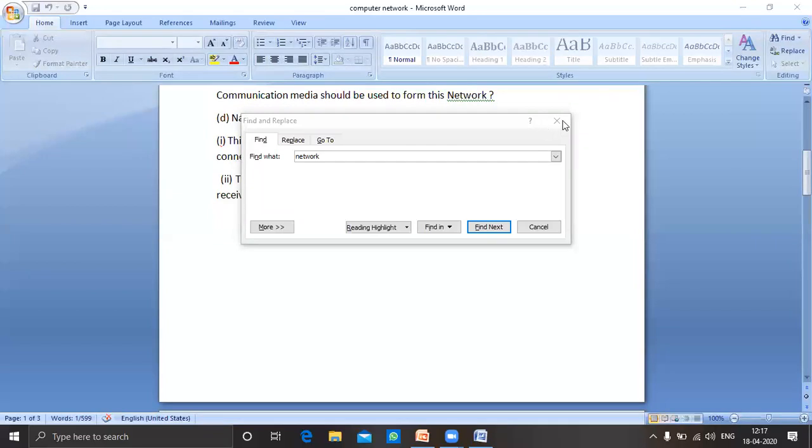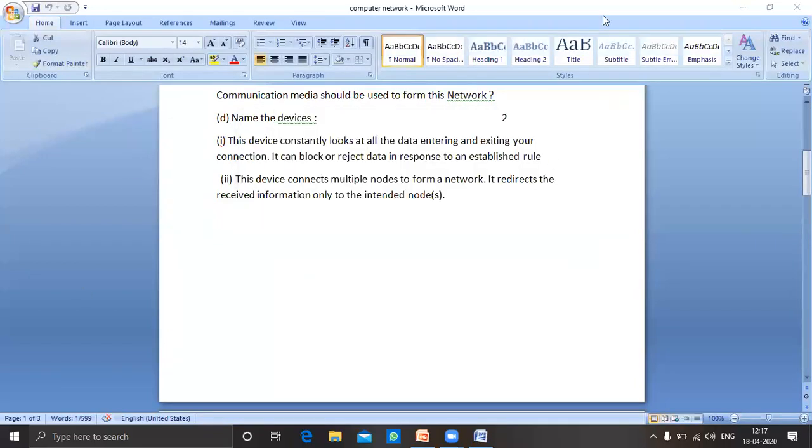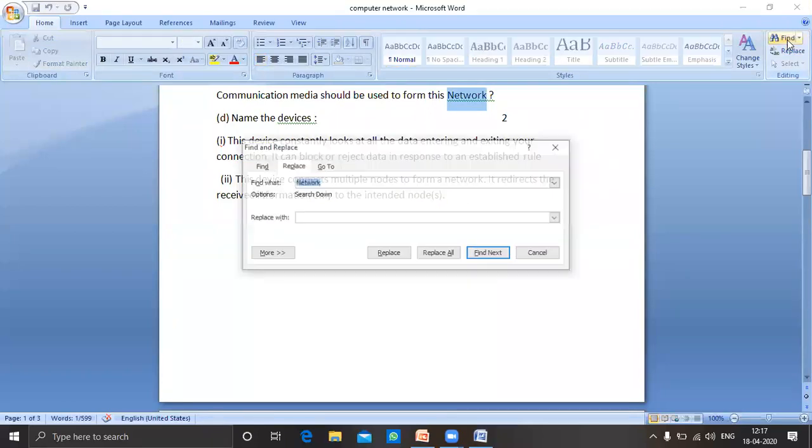Clear? Suppose you want to replace some word, then you will click on replace. Find what means network, and if you want to replace this network with some other word, suppose you want to replace it with communication. Clear?